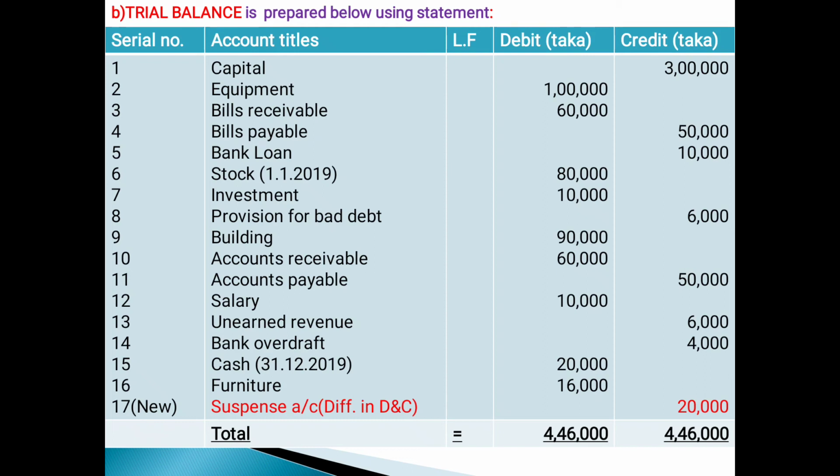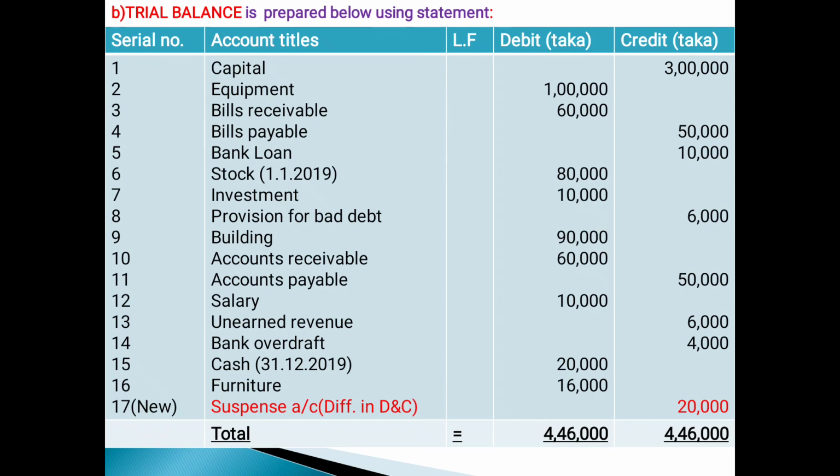At this moment, the total of debit is taka 4,46,000, but the total of credit is taka 4,26,000. That is the missing amount of credit, taka 20,000. So, what can you do at this moment? You have to remember that at all times, when all balances are posted in the correct way but there is no agreement of the trial balance on the two sides of debit and credit,